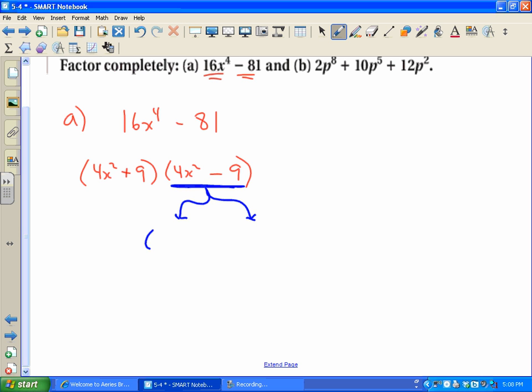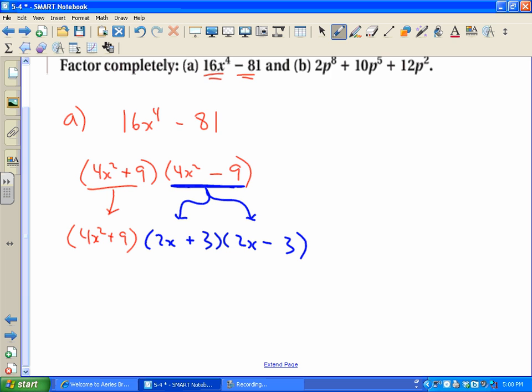4x squared will factor to 2x and 2x, or 4x squared square rooted. The square root of 9 is positive 3 and negative 3. So 4x squared minus 9 factors to 2x plus 3, 2x minus 3. 4x squared plus 9 is not factorable